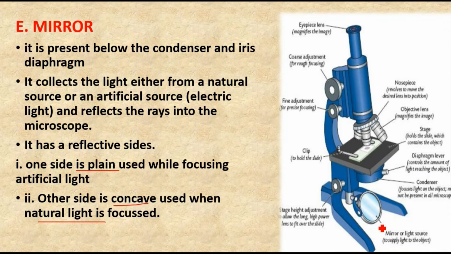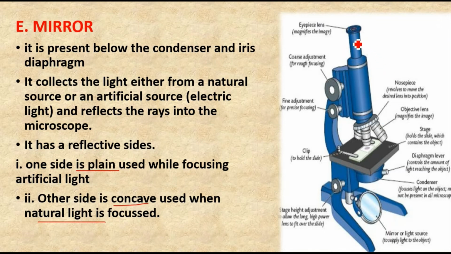So these are the different optical parts of the microscope. We had seen all the mechanical parts, which support the optical parts and also give the main structural framework to the microscope. The second type are the optical parts, which are involved in magnifying the image formed from the objective or specimen.